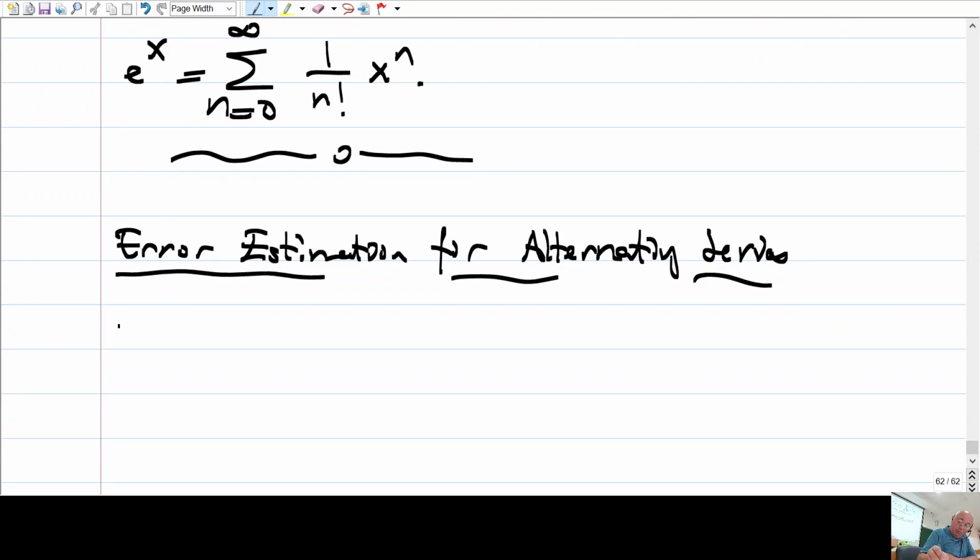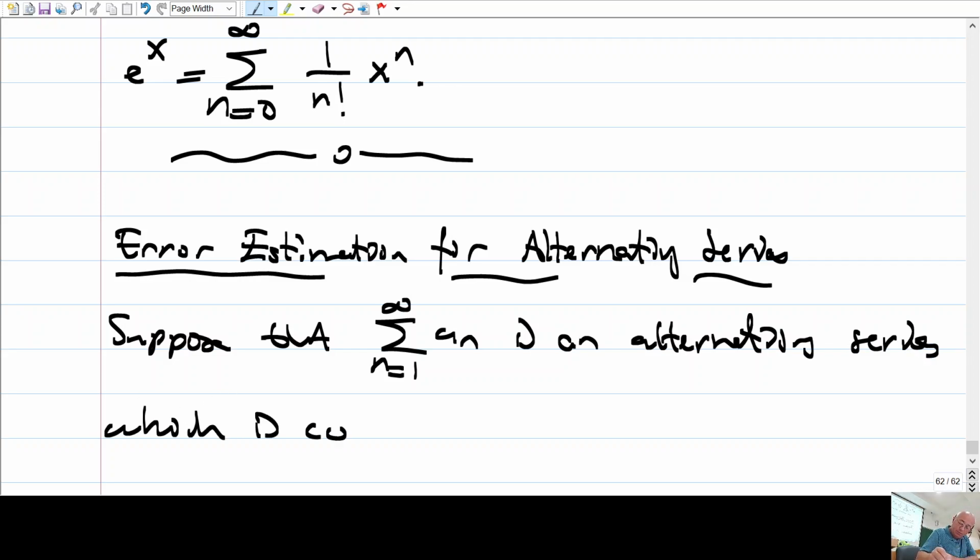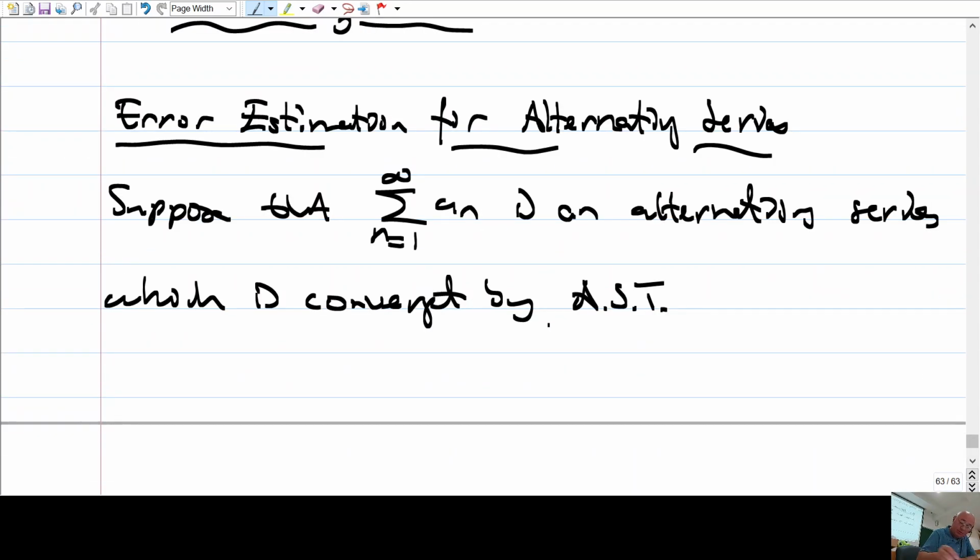Now, suppose that an is an alternating series which is convergent by the alternating series test. Yani ACT'nin koşullarını sağlasın. Bu ne demek? So,